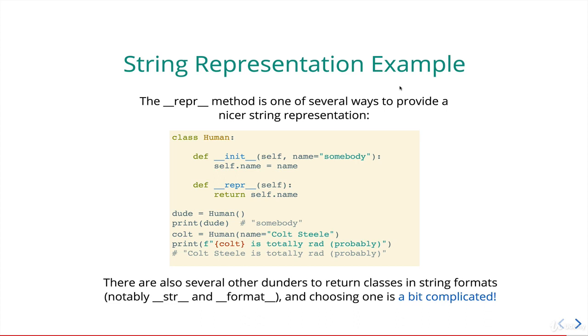So it's all about a little magical method, a dunder method, just like init, called repr. I know it stands for either represent or representation, or potentially representative, but I think it's representation. What it does is it allows us to define a representation of an instance, so in this case human, that when we print or turn a human into a string, we can control what it looks like.